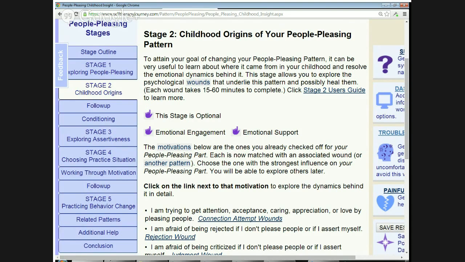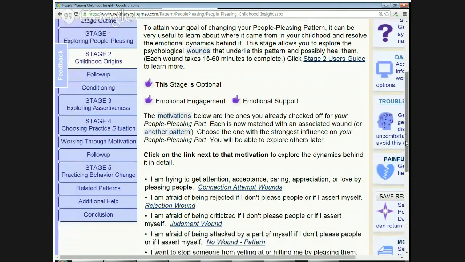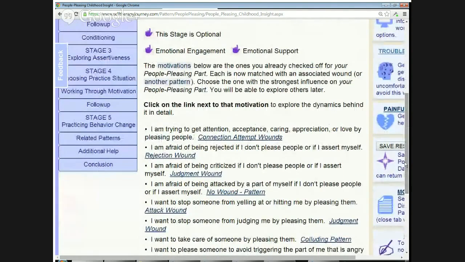Okay, so now you've finished exploring your pattern in stage one, and now stage two allows you to explore the childhood origins of your pattern. Again, I'm using people pleasing as an example. So you can see here that the motivations that you checked off in stage one now show up in stage two, because each of the underlying motivations for your pattern actually corresponds to what's called a wound in the pattern system,